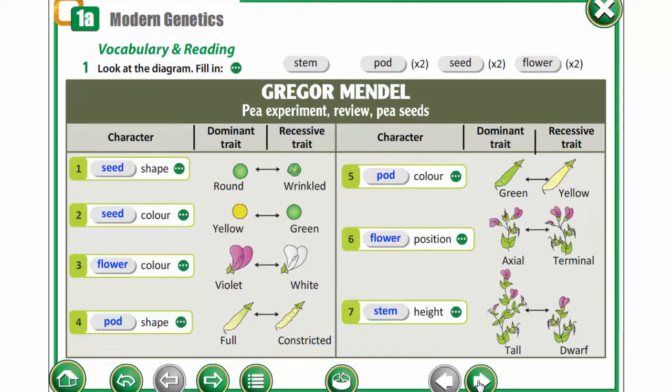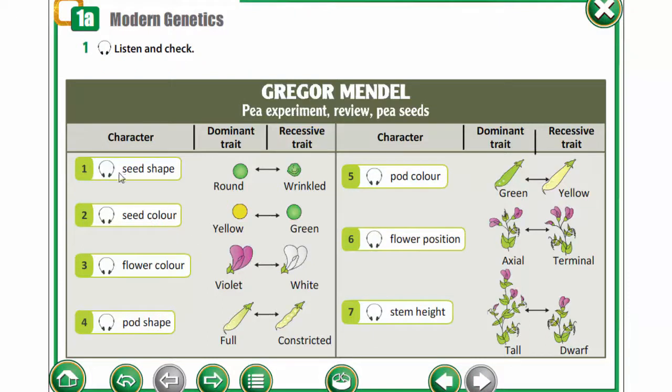Let's check your answers. Listen and repeat: seed shape, seed color, flower color, pod shape, pod color, flower position, stem height.